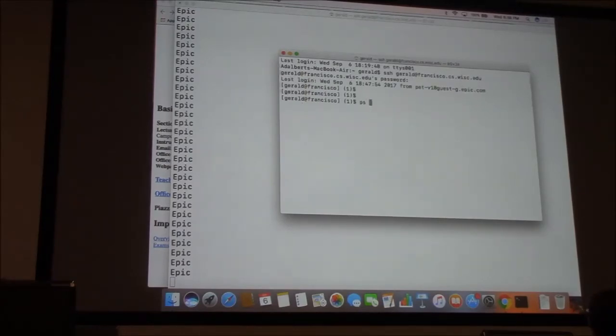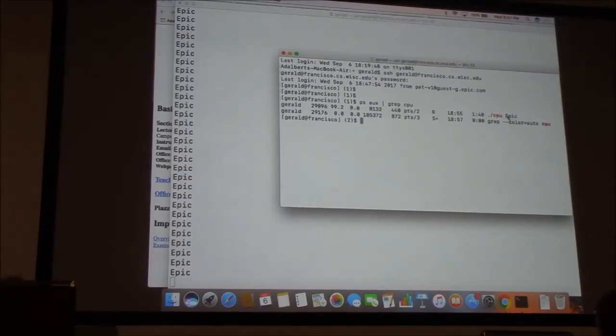So if I just do ps, it lists all the processes. ps aux, these are some options that are given to the ps command. ps stands for the process command. And I'm going to grep for this thing called cpu. It's the name of the program, right? So if you see here, it shows that this program is running with the argument called epic, and it has a process ID of